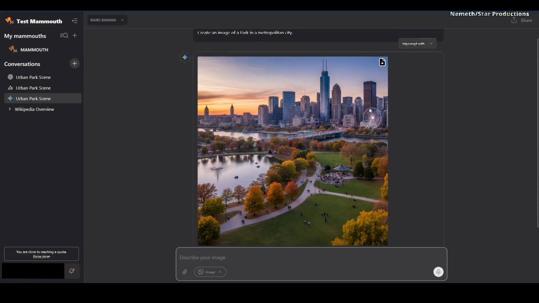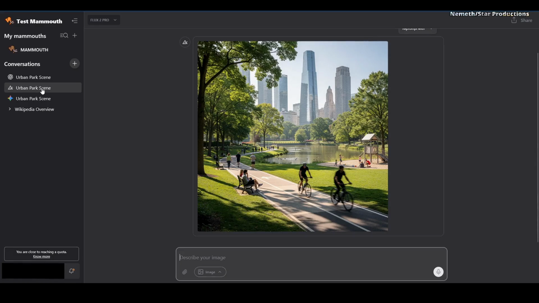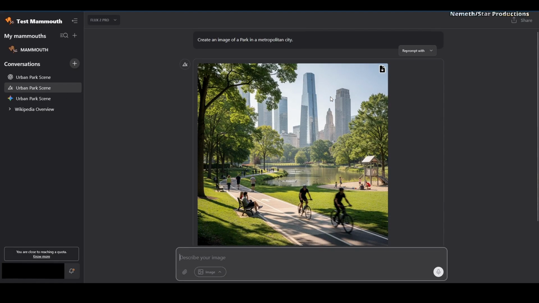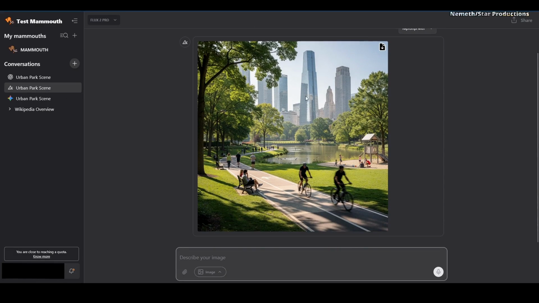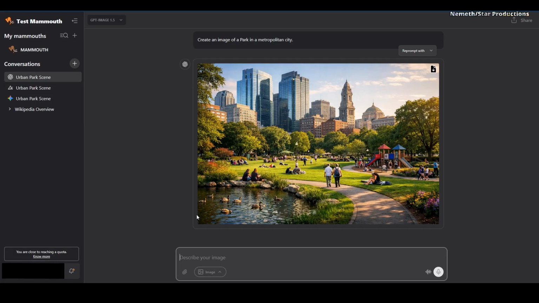So Nano Banana is done, and we see our picture, and here we have the chance to download the picture. Flux also gave us a picture. And now we have the ChatGPT picture as well. So this is how image creation works on Mammoth AI.